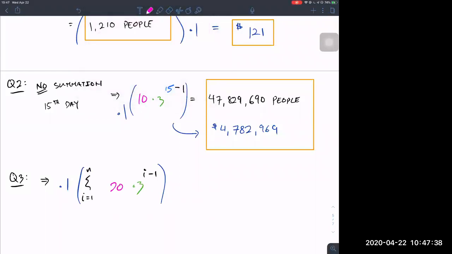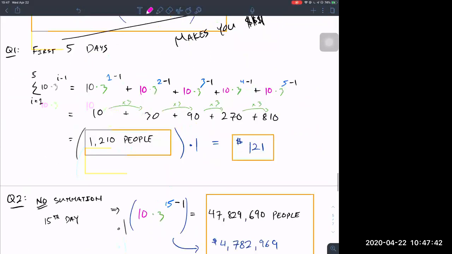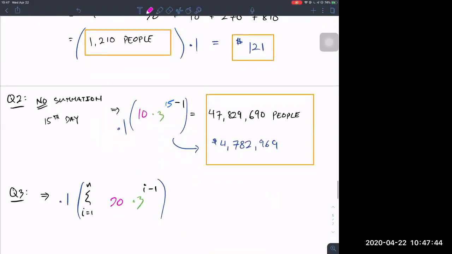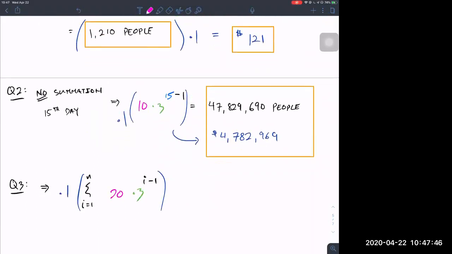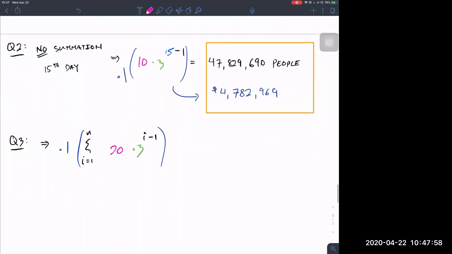So this again is a manipulation type of question you're answering, right? It's going off the base model. They tell you that the growth is still the same at 3, and you're still making 10 cents per person, but now you doubled whatever the first day post was. So it's 20 in this case, okay? And that's all I'm looking for right there, not calculating or anything like that. Whereas question